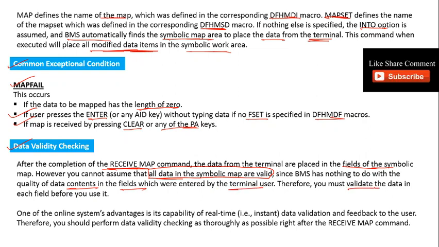Therefore, you must validate the data in each field before you use it. One of the online system's advantages is its capability of real-time data validation and feedback to the user, because the user can do the data entry instantly. Therefore, you should perform data validity checking as thoroughly as possible right after the receive map command.